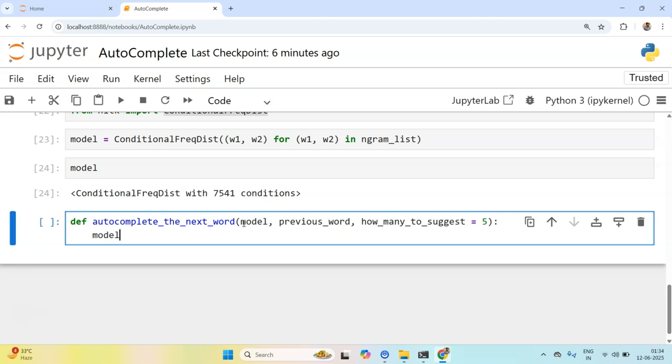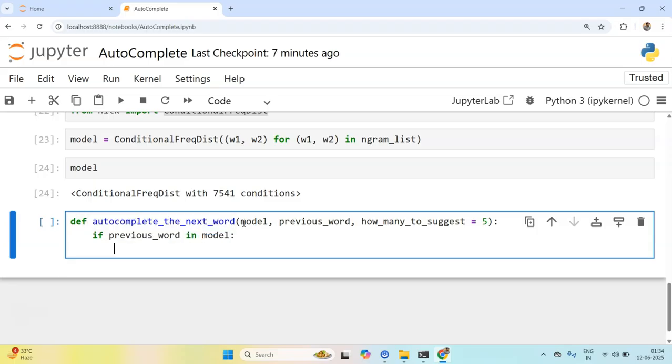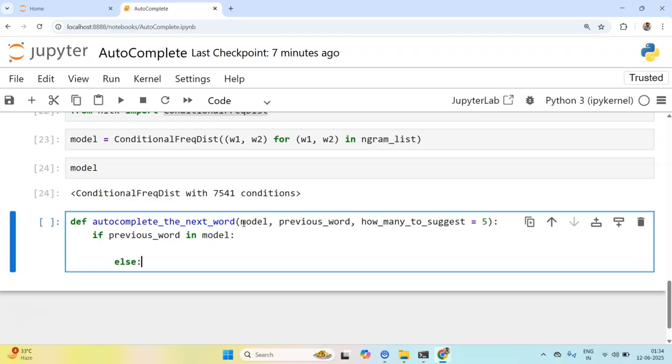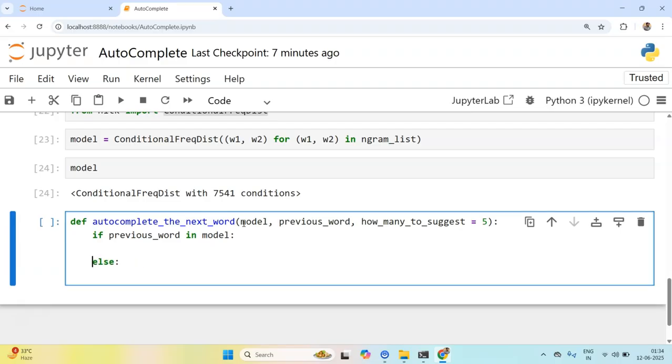So if previous word in model, then something else, we can return no suggestions.